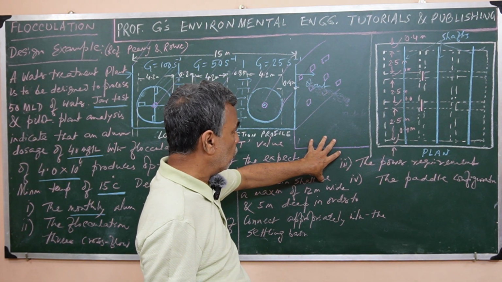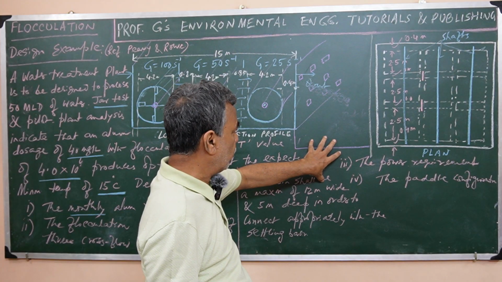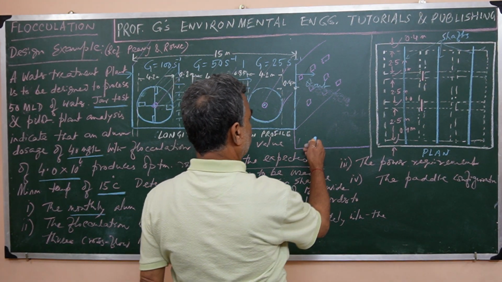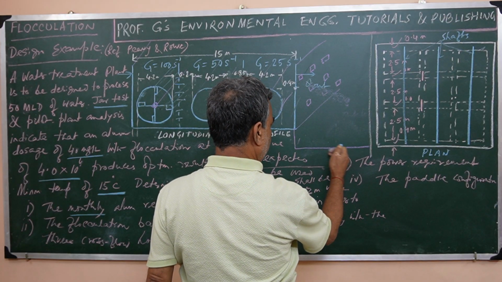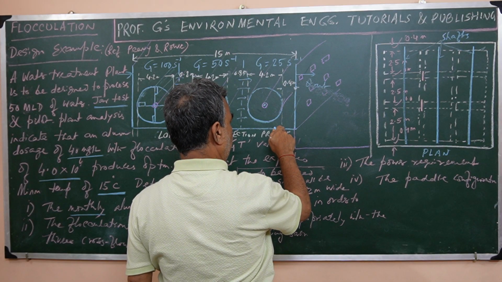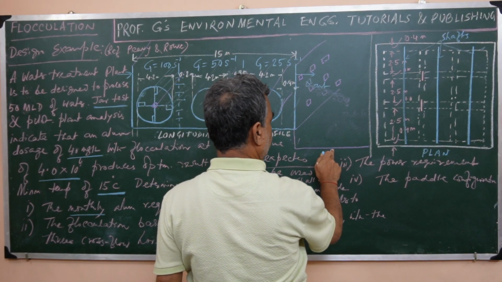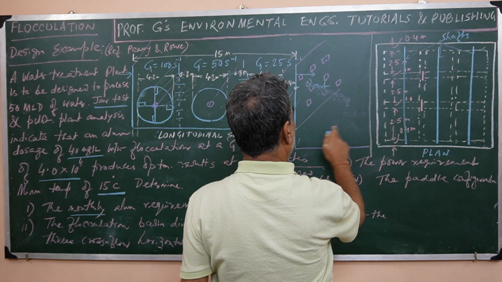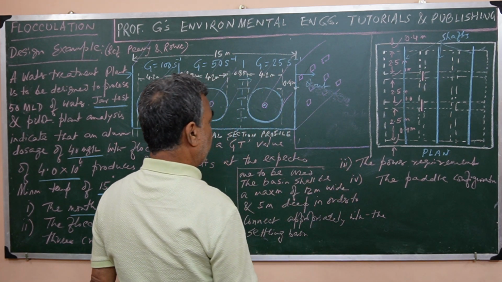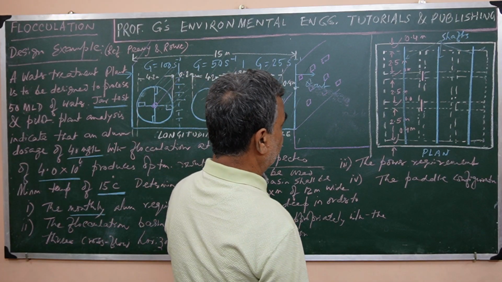is shown in the drawing or the diagram also, a little below, because actually speaking, for the settling tank, if the depth is more, then it would be extending below this one. This is the floor of the flocculation basin, while the floor of this one could be at the same level also, depending on the requirements of the settling basin, right? And the width of the settling basin, that would